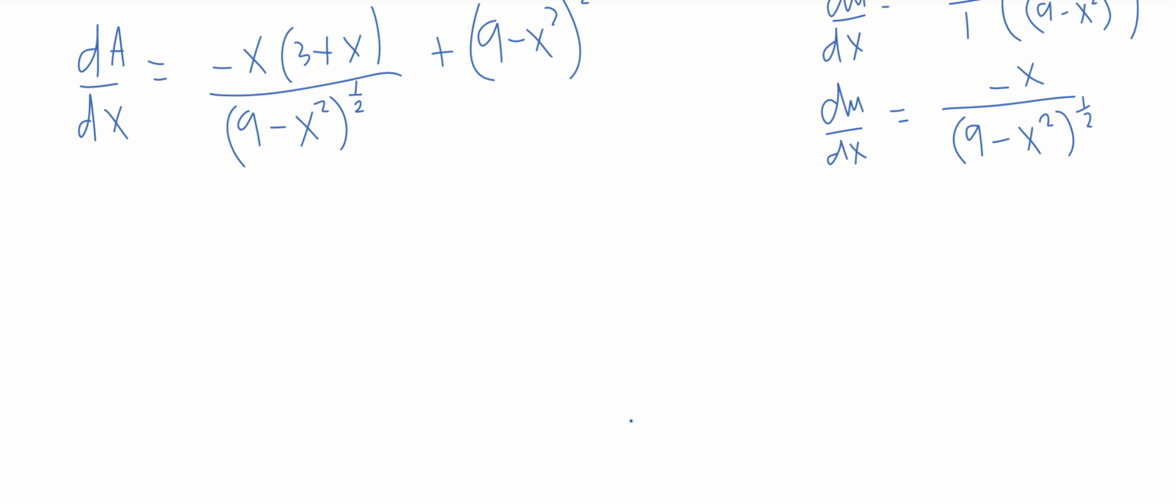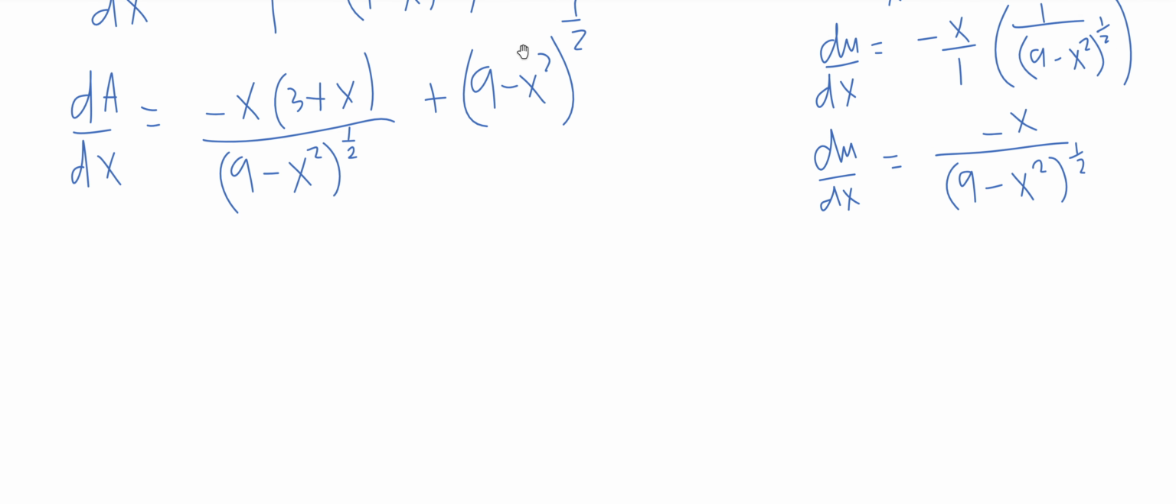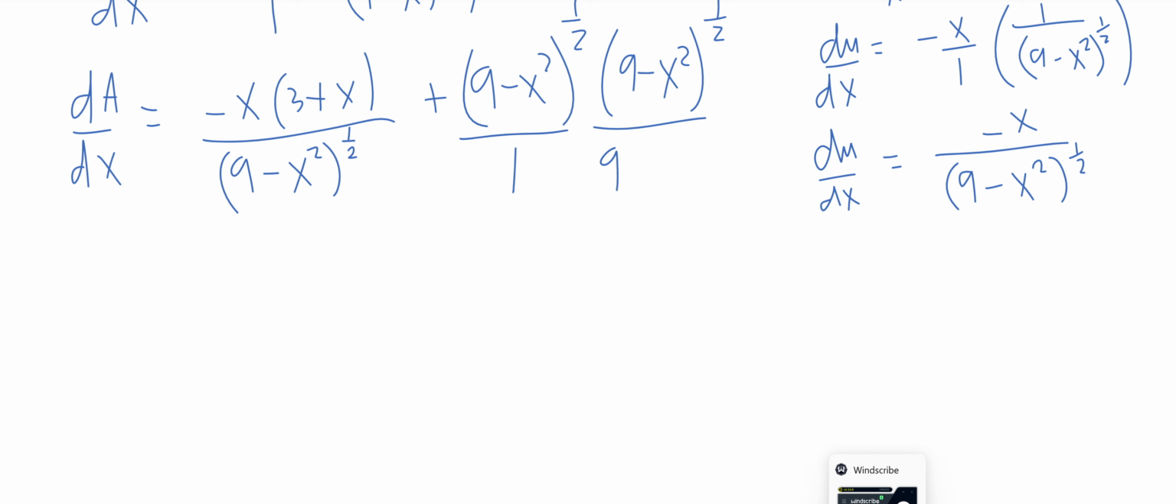So all you have to do to arrive at the expression that they want is to rewrite this part, 9 minus x squared to the half, as a fraction over 9 minus x squared to the half. And you do that by rewriting it as 9 minus x squared to the half over 1, and then multiplying it by 9 minus x squared to the half over 9 minus x squared to the half. So then that means